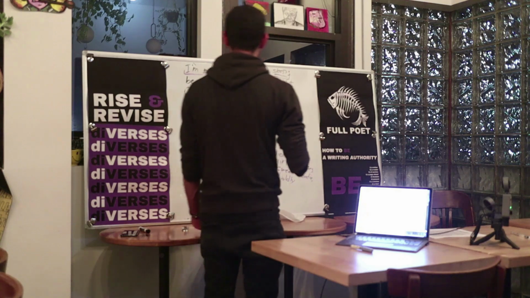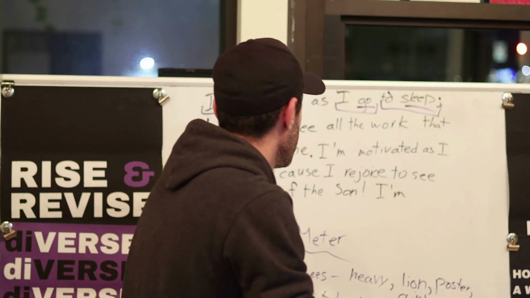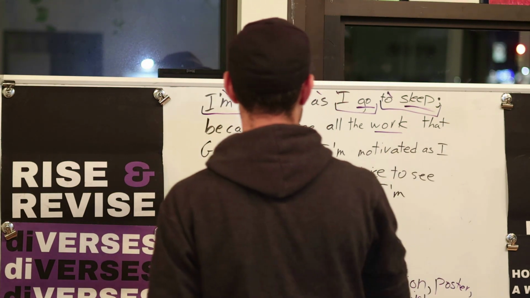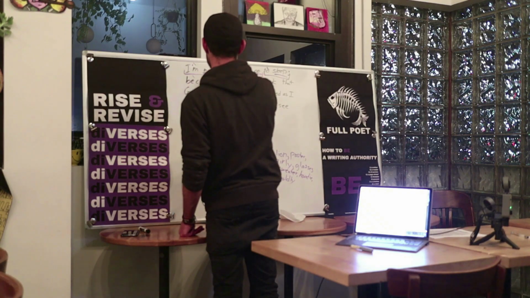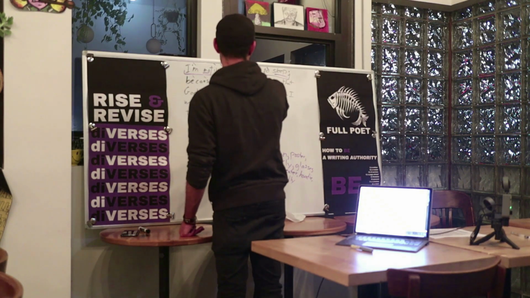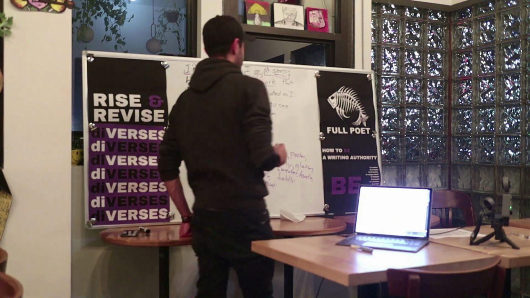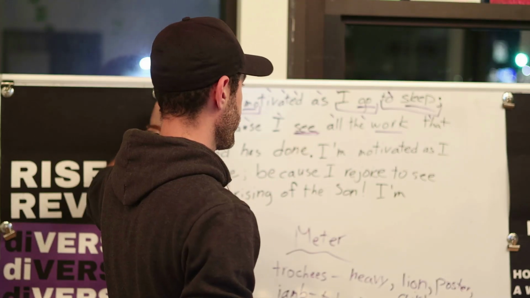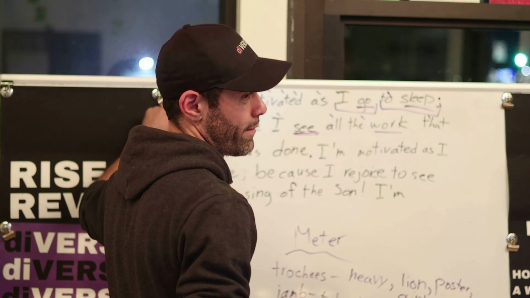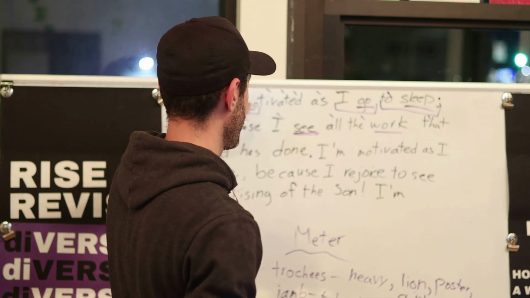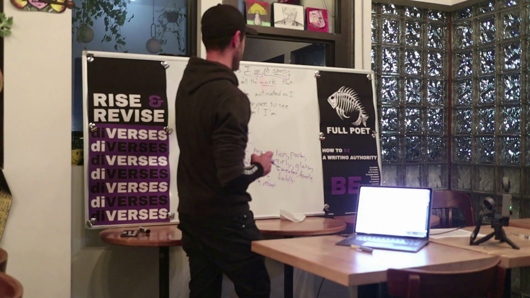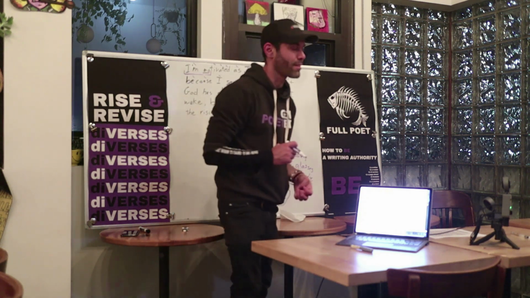Can you read the second line for me? Because I see all the work that God has done. So you have two stresses in this line. Already something we can notice is you're giving me pretty different rhythms for each line. In your first line you got some iambs and anapests, but for this line, our first stress doesn't come until all the way over here, and then you have a second stress, and that's it. So your lines aren't doing the same thing rhythmically,